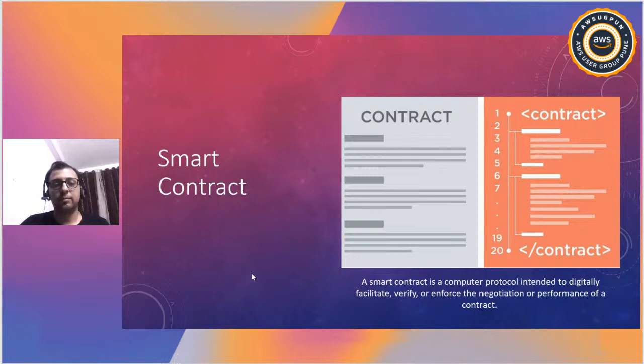As we talked about, for every transaction there are three things: participants, assets, and the contract. I think everyone must be clear on the contract. When you log in to a website and take any policy, maybe your insurance policy, your term plan, your loan, or any connection,